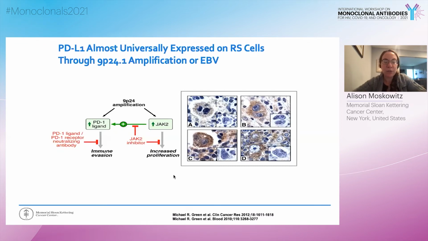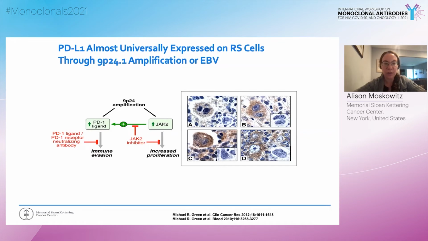So I've already alluded to the PD-1 blocking agents, nivolumab and pembrolizumab. And as I mentioned, these are drugs that we use very commonly in Hodgkin lymphoma. And Hodgkin lymphoma turned out to be a good candidate for evaluating PD-1 blockade, and that's based upon the fact that the ligand for PD-1, which is PD-L1, is almost universally expressed on the tumor cells for Hodgkin lymphoma, which are the Reed-Sternberg cells. And it's expressed due to amplification of the 9p24 chromosome, which contains the genes for PD-L1